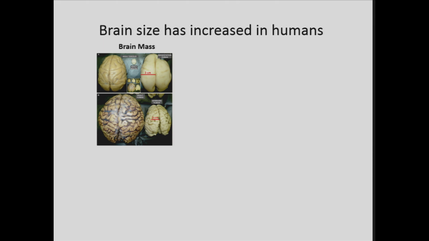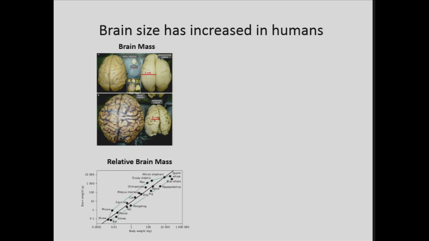of a rhesus macaque. A rhesus macaque is a much smaller animal than a human, but we also have a larger relative brain mass with respect to our size. So on the x-axis here, we have the body weight of a number of different organisms, and on the y-axis, you have the brain weight of that organism. And you can see that there's a relatively linear scaling of brain weight and body weight. So usually you can predict the brain weight of an organism just given its body weight. But if you were to do that for the human, you'd be wrong, because the human it is along that